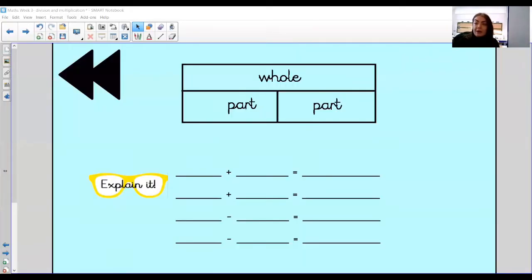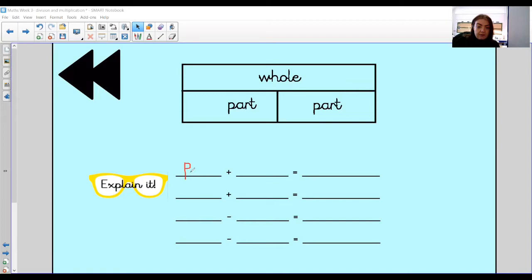So what we're going to do then, we're going to wake up our little brains and rewind to something that we did quite a long time ago when we were doing our addition and subtraction, but this is still going to be relevant for you today. So you can see at the top here, I've given you a part whole model. Okay, so I'm hoping that you've got part and you add it to a part, it will make your whole. Okay, so that is the first sentence that you can create using this